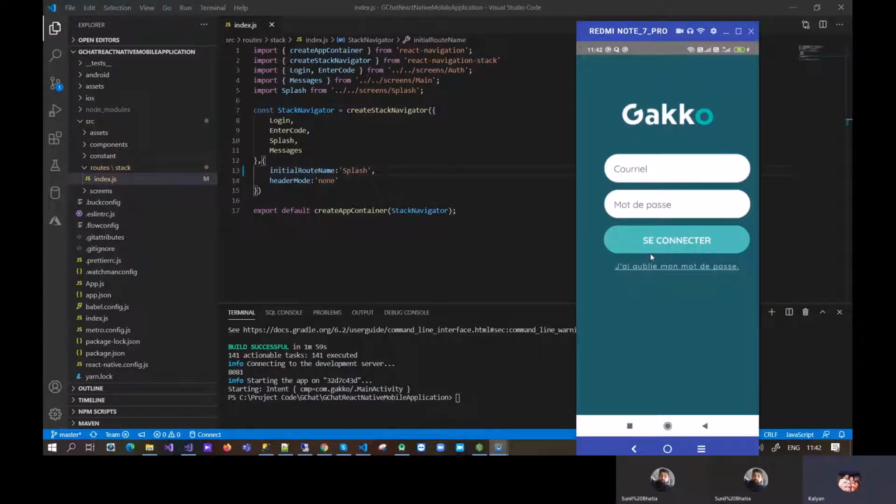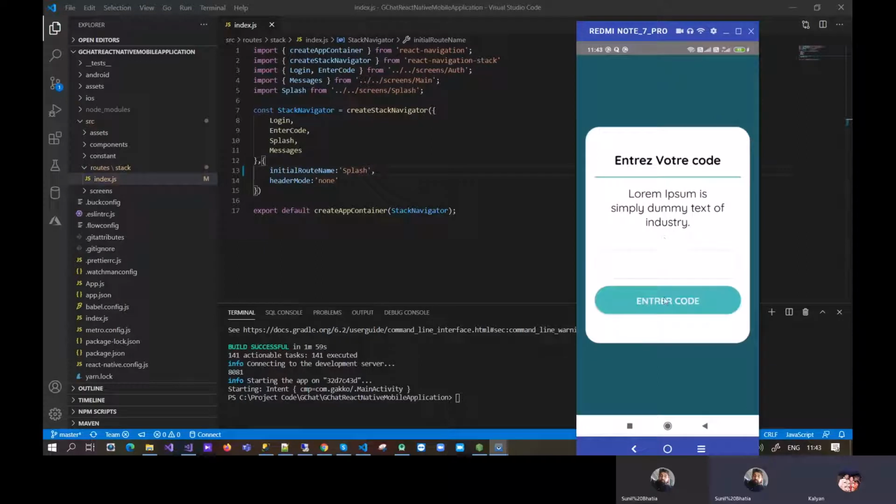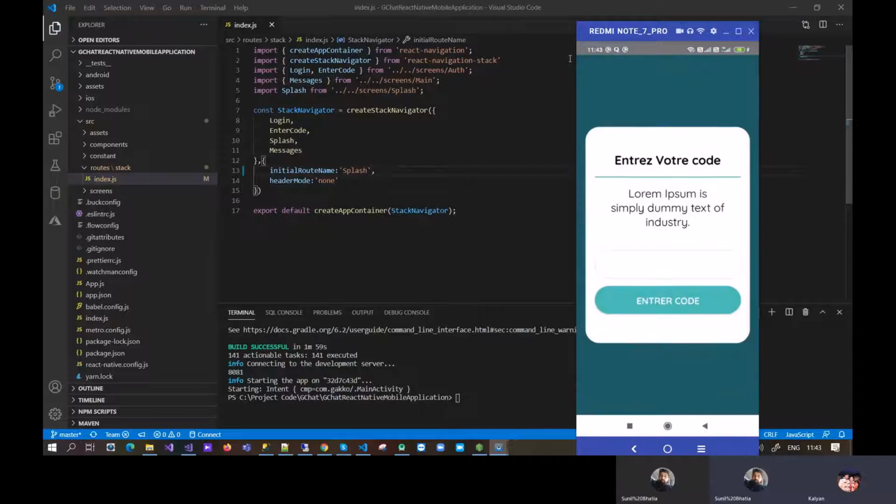So here you are doing what? Here two things. This is an input field and password, right? You are doing some random things here. Yes, the whole designing is on NativeBase. So if I do connect, then it will connect, right? Yes, it will redirect. It is just a design. Then you simply click on this, and here I have to put the messages screen.